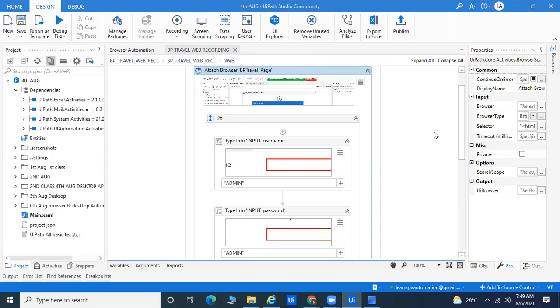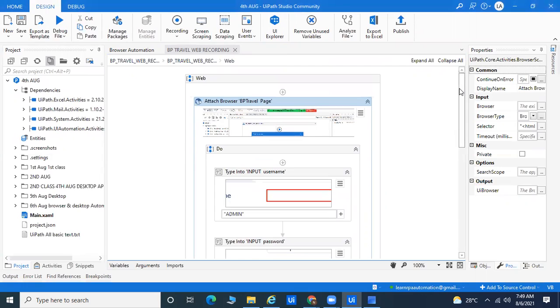First, tell me what I'm getting here. Ashish, are you getting this? Yeah, actually the attach is not there. Like how we do it here, in the web recording we directly provide the values there itself. Ashish, you are saying the attach browser is not there, right?